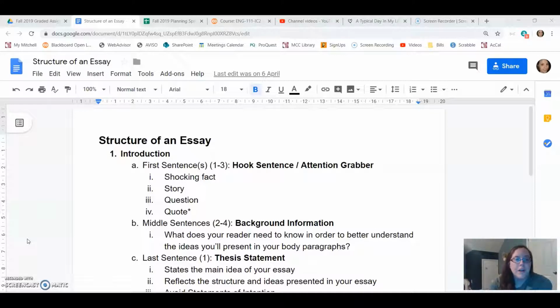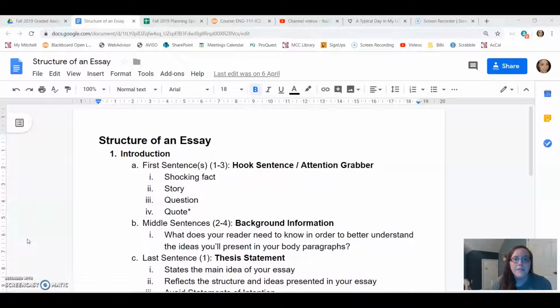So the first thing we're going to talk about is the introduction. This is what sets up your writing. One of the things that I tried to stress in the overview for a day in the life of me essay is that I don't want you to just get started in your very first sentence saying something like, "The first thing I do in my day is wake up at 6:30 in the morning," or "I wake up with a cup of coffee," or whatever. I want you to introduce your subject matter, and your subject matter is you. Your subject matter is your daily life.